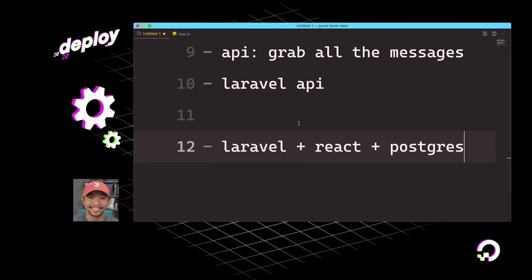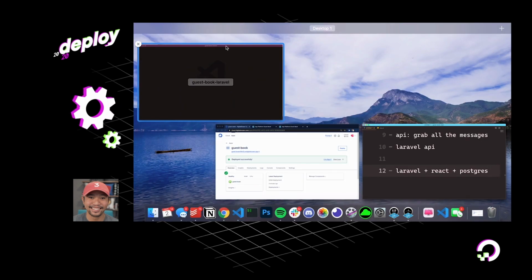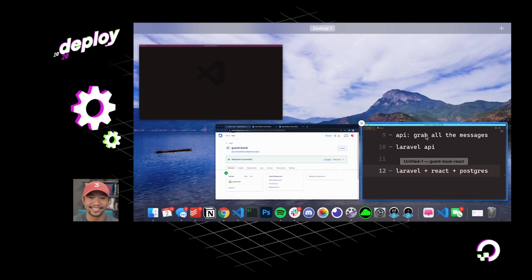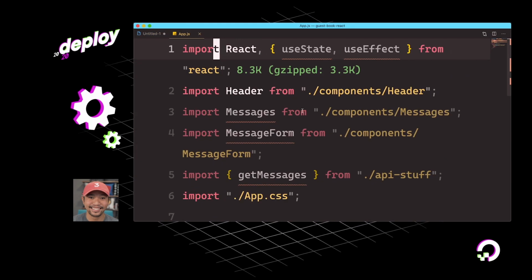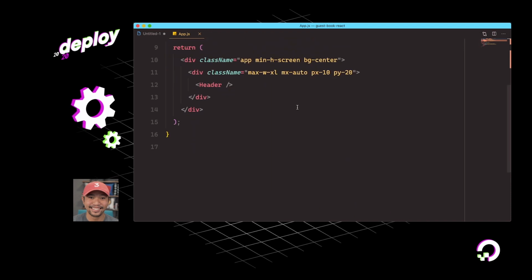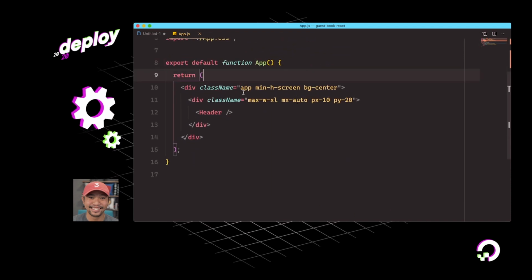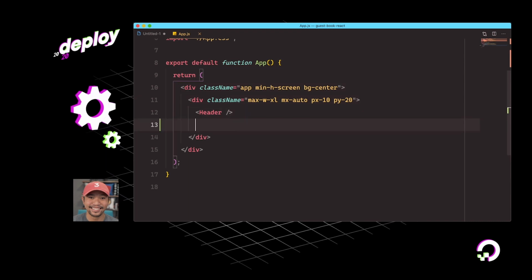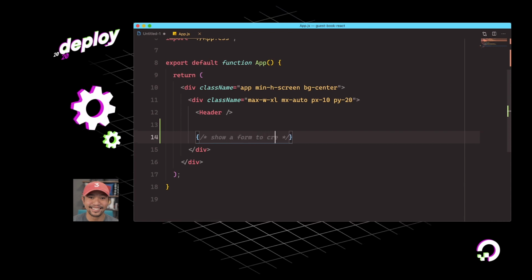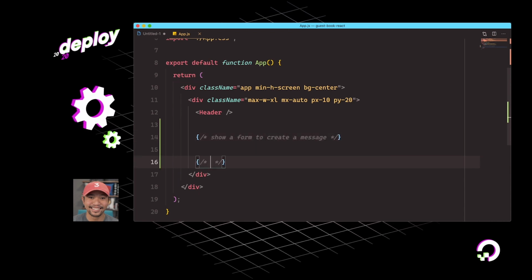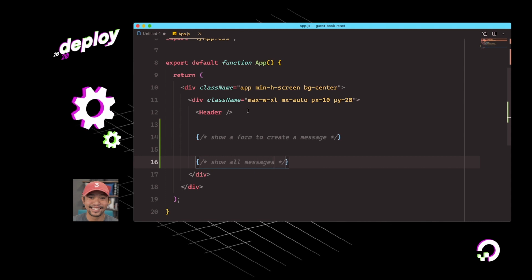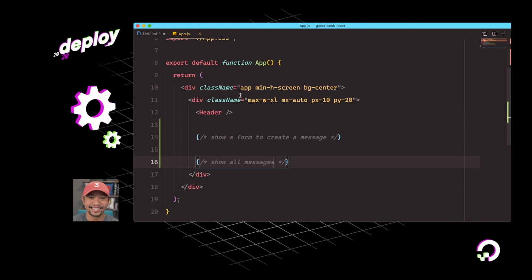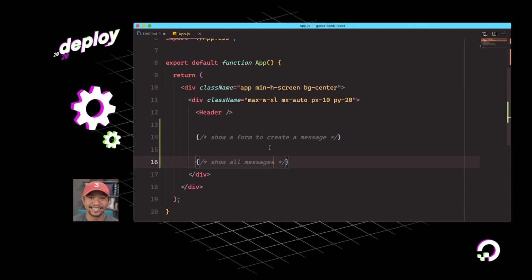If we go over here, I'm going to go back to VS Code, and I have 2 up, and this purple pinkish one is our Laravel app, our backend, and then this blue one is our React app. So I'll click on a React app. Let's have a walkthrough of this code real quick. So right here in our main application component, there's really nothing to it. There's just some Tailwind CSS classes here, and there's our header. So the things we need to do are show a form to create a message and show all messages. All right, easy enough. And I've stubbed out a little bit of these things here so we're not writing too much in this demo. First off, we need to make sure that we have an API to pull from.